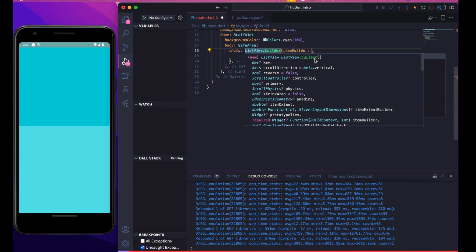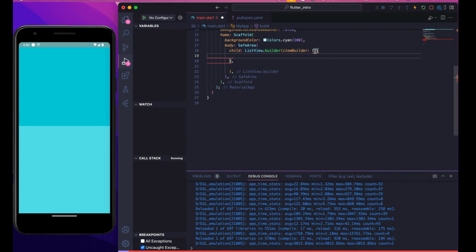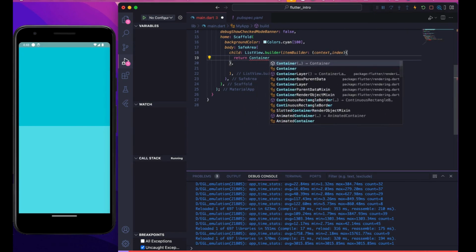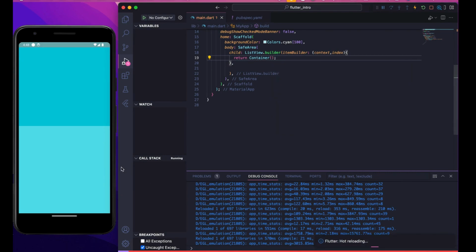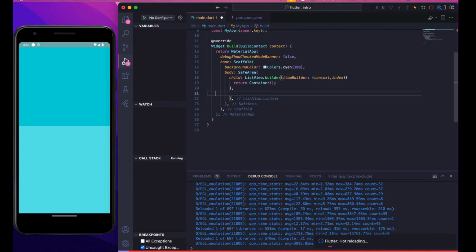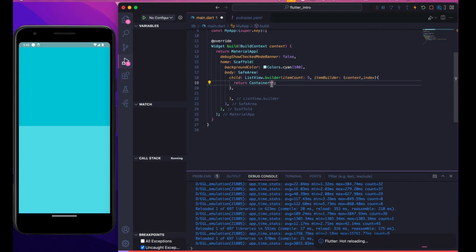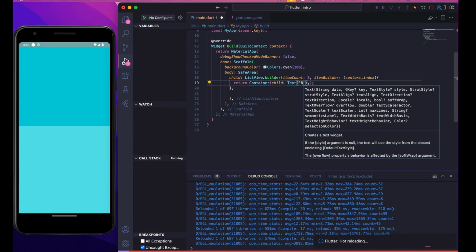The itemBuilder is a function. We'll add the function, and it requires two parameters, which are context and index. As soon as you add the context and index, it must return something, because return is necessary. Then you will see we have our empty list view of containers. In this you can give itemCount, like how many elements you want in the list. So 5. Then we can add a child of text, right? So child text, which is paragraph,